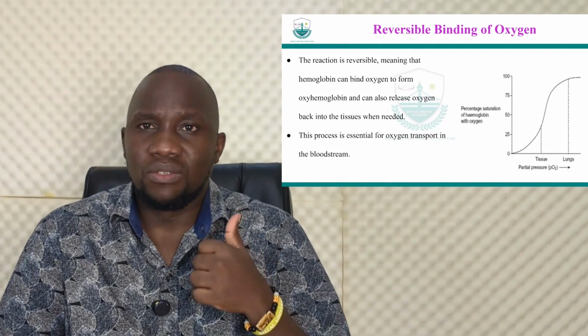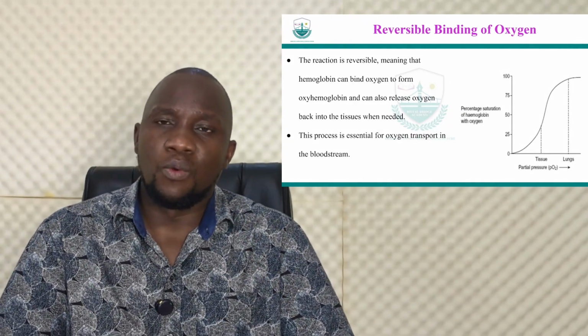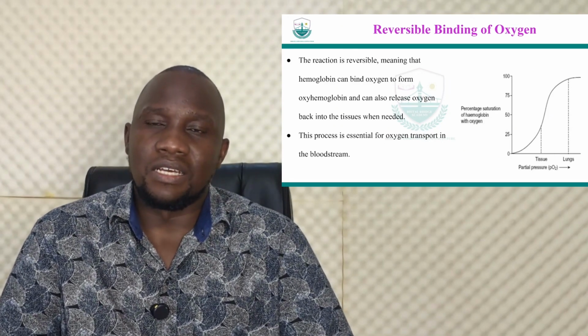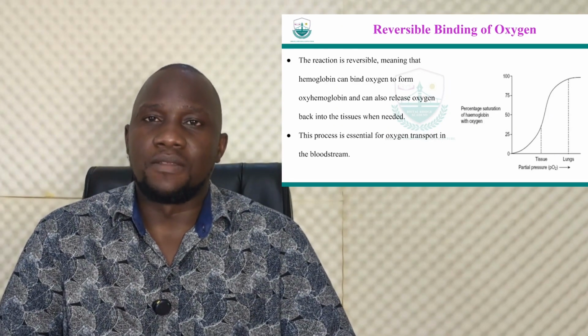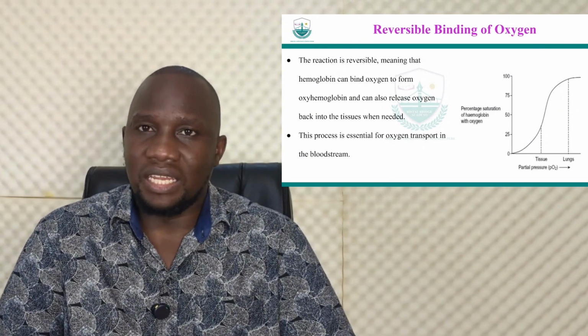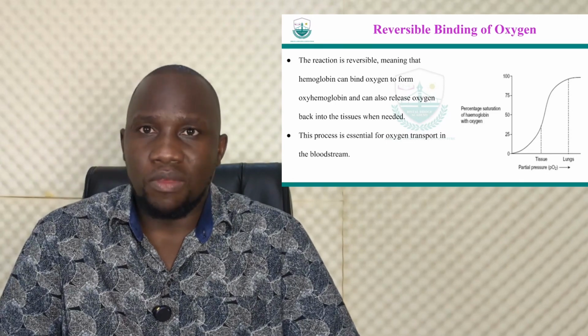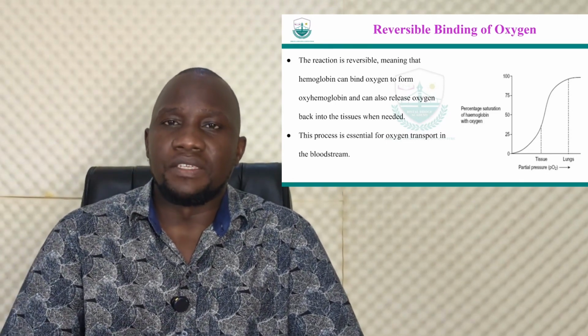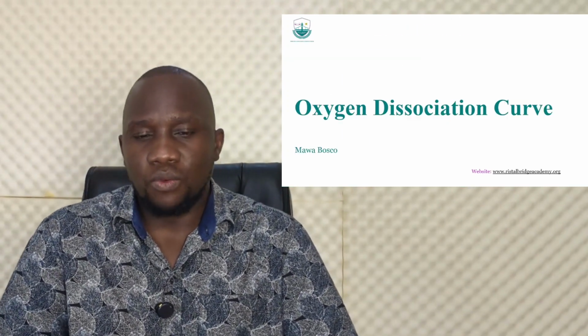So in our question, we had an issue to do with saturation. We are basically referring to the percentage of the hemoglobin that is bound to oxygen. Okay, and we are saying it is highest in the lungs, basically at the alveoli, but should be expected to be low in the tissues because you want hemoglobin to release the oxygen. So we go back